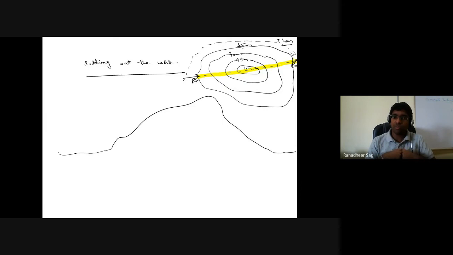In the process of removing it, some set of people starts working from point A, and some set of people starts working from point B. Both of them should converge at some point. If one is traveling in this direction and the other is traveling in this direction, then do you get a tunnel? You don't get a proper tunnel.